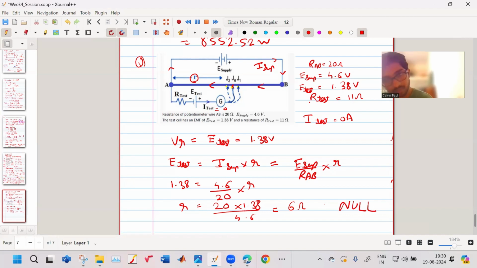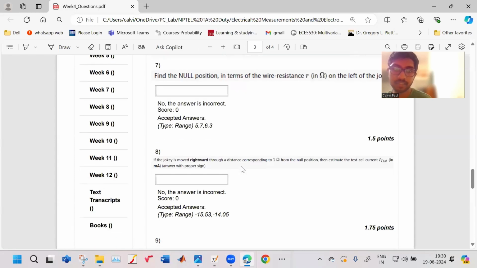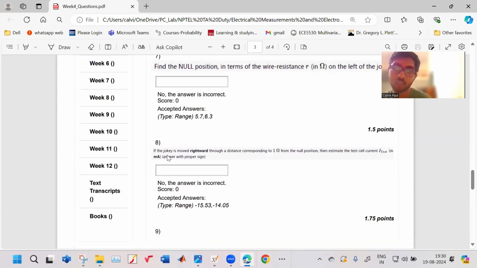Okay. So now they are saying, if the jockey is moved rightward towards a distance corresponding to 1 ohm from the null position, then estimated test cell current I test in milliampere, answer with proper sign. Okay. So what they are saying is,